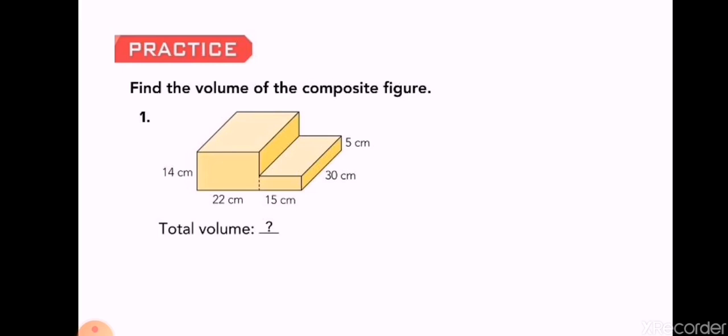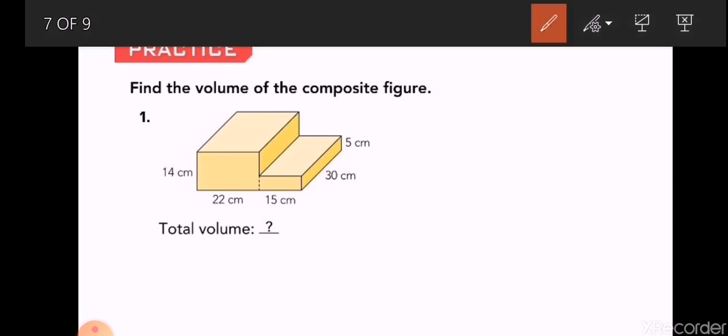So also this shape, I want to divide it into two shapes to find the volume for each one separately, then I will add the two volumes. And here, to make it easier for you, they showed you how to cut. Can you see these dots? They show you how you will cut the shapes. So you will have a shape here, another shape here, get the volume for each one, then add the two